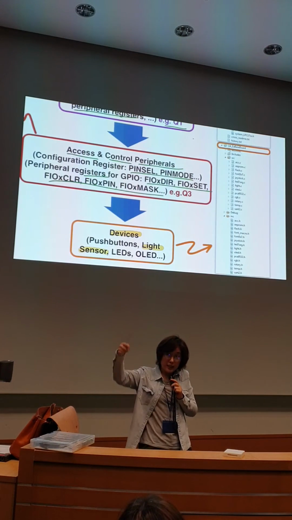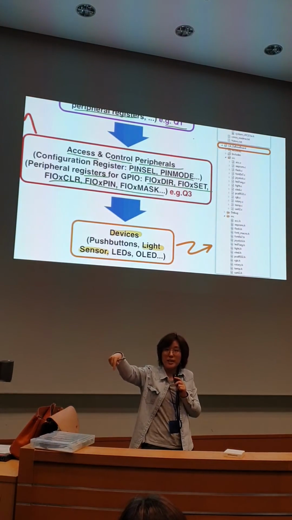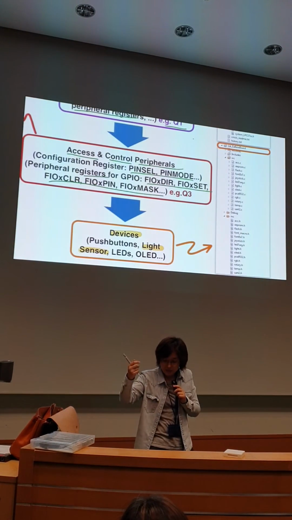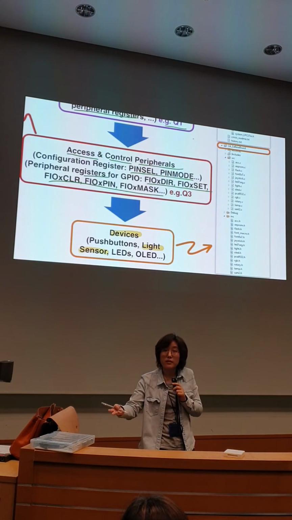The push button is the simplest one. SW4 has only one pin, and you can detect whether people are pressing or not. But for complicated devices, such as the light sensor or LEDs, 7 segments,